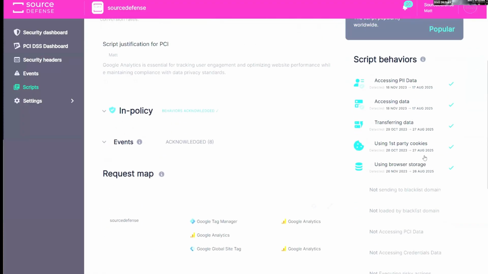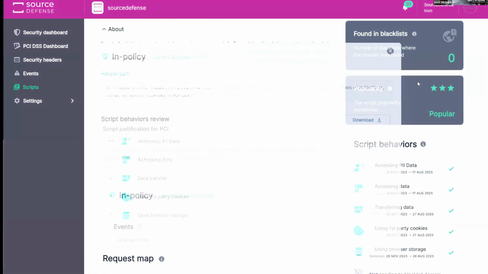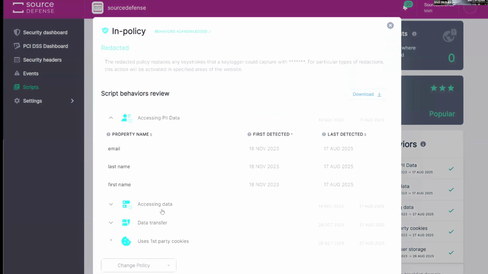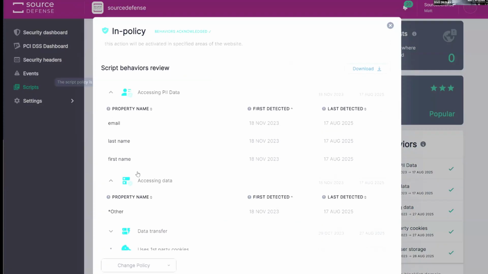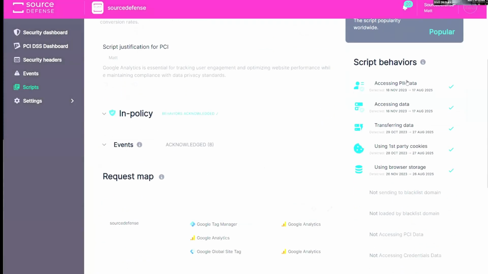The second thing I wanted to point out on the screen is behaviors, and basically behavior acknowledgement. So I can see more information about these scripts and what they're doing and what kind of data they're interacting with. And the other thing I can do is train the system, as I've already done. You can see these little check marks here. I've trained the system about what is and is not acceptable for this Google Analytics script to do. Meaning that in the future, if Google Analytics keeps doing these things that I've determined are fine for a marketing script to do on my page, then it'll keep running. Source Defense will observe it, but won't fire off any alerts, and it'll all be hunky-dory.